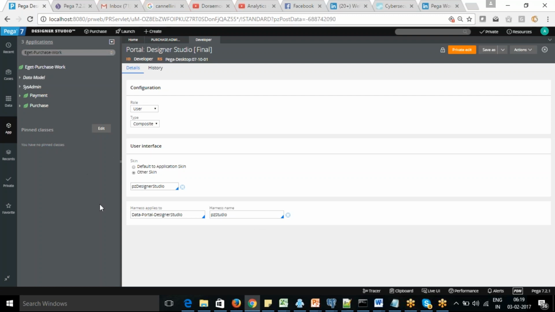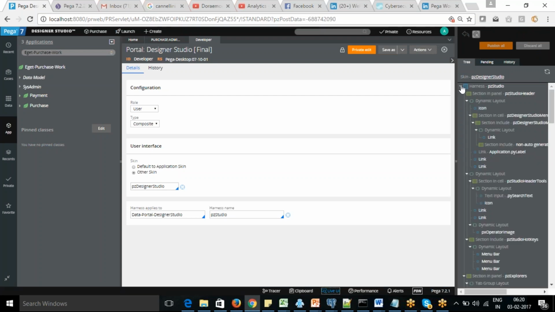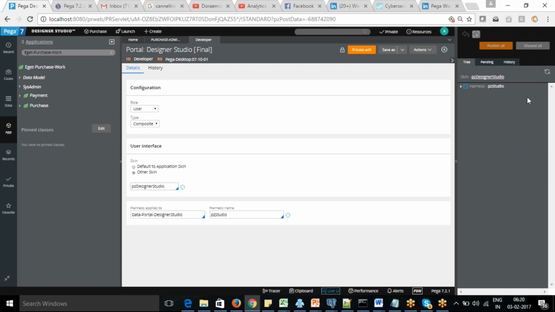The layout of this harness is header, left, main, and footer. So this is a screen layout which is used here. If you see the live UI, you will see that structure. So this is the developer portal. The scheme used is the Designer Studio, and the harness name is PJ Studio.